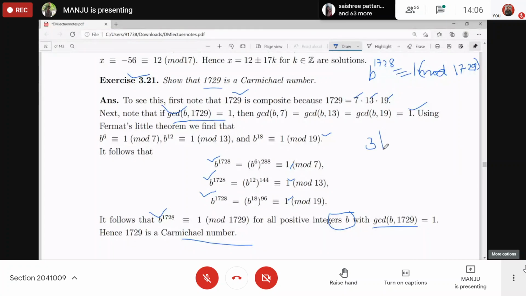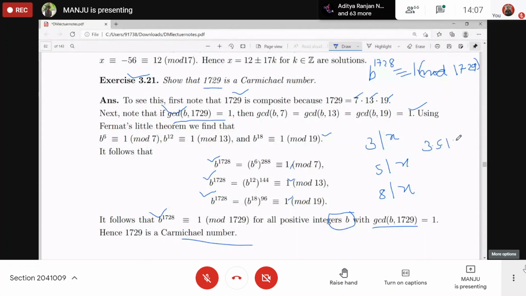See, if 3 divides some x, you can just say 3 divides x, 5 also divides x, and 8 divides x, right? Then see, 3 and 5 do not have any common factor, and 3 and 8 also do not have any common factor, and 5 and 8 also do not have any common factor. Means to say x is a multiple of all these. x is a multiple of 3 as well as 5 as well as 8. Means to say if I take the product of all these, that will also divide x, right?